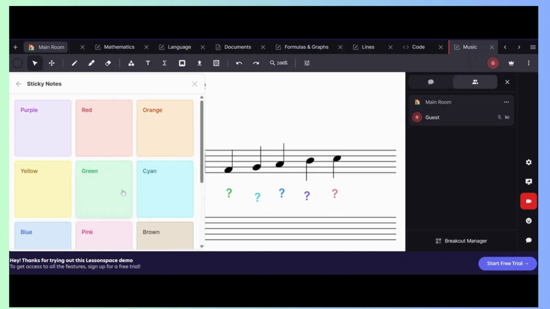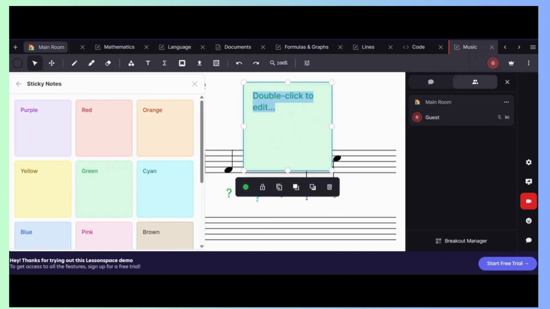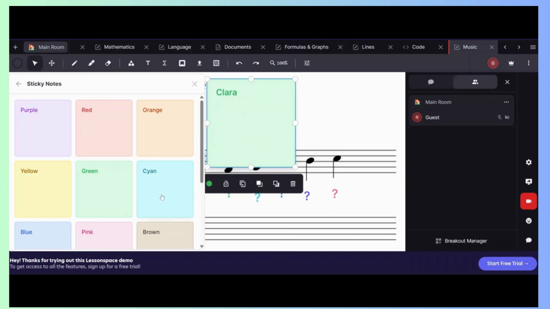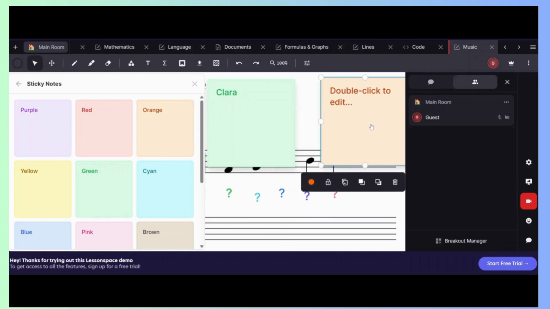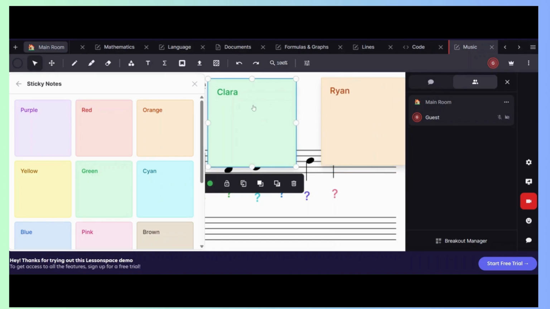Oh yes, a sticky note that you can choose to write on, or you can say, Clara, this is yours, and then maybe Ryan, this is yours. Or you can just click on it and change the color.